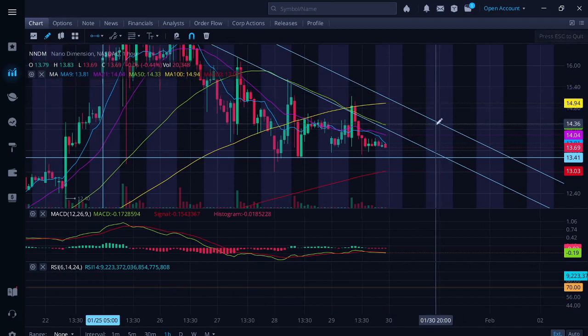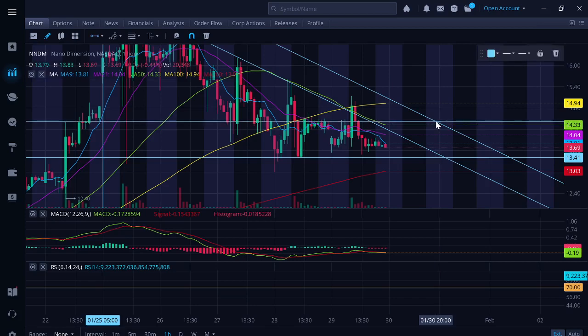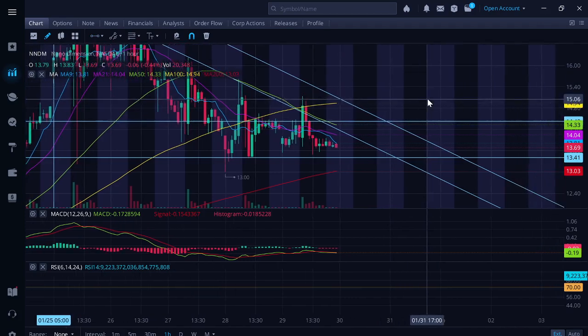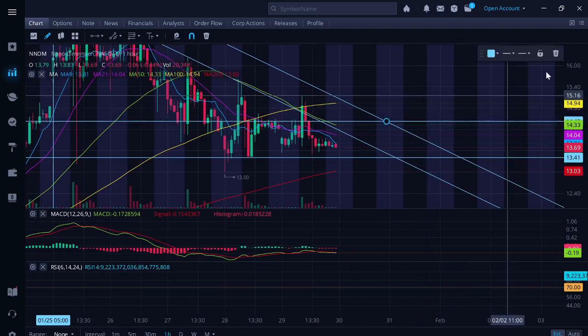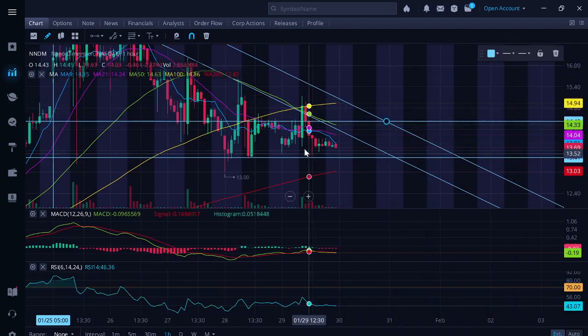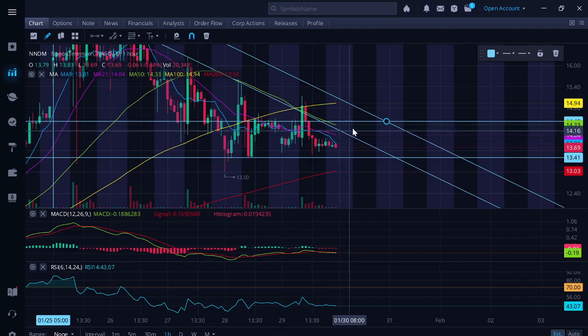And it looks like there's definitely going to be some turbulence in this area right here. So there's a range here. So that's going to be probably your first area that you're going to have to break. So my guess is it may fall down a little further here